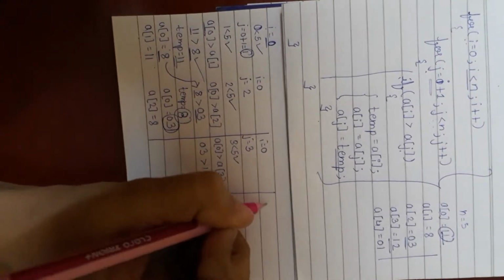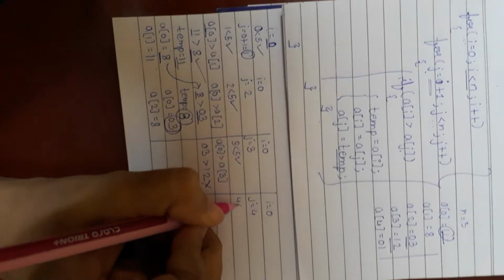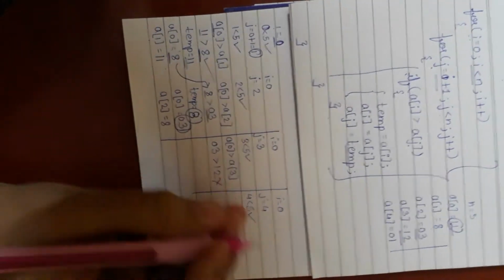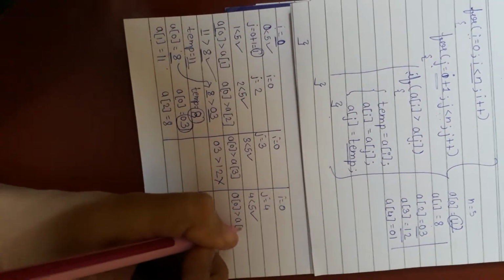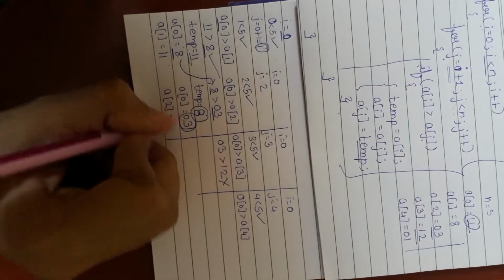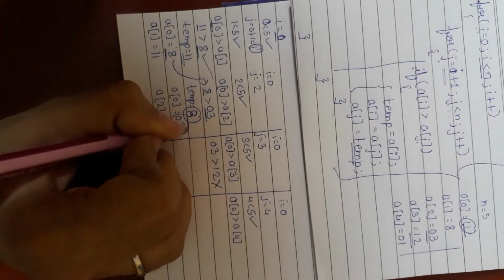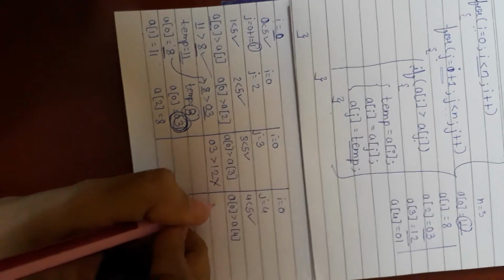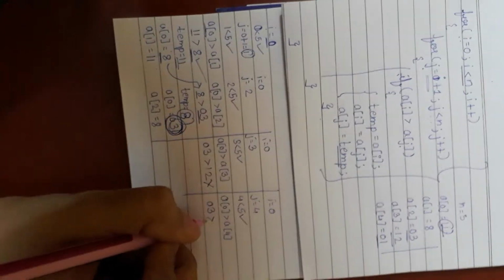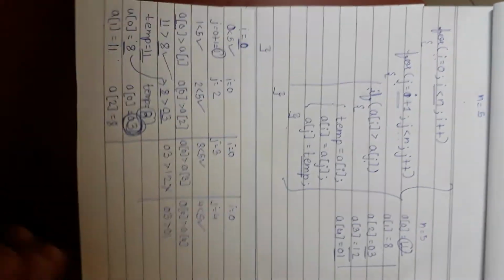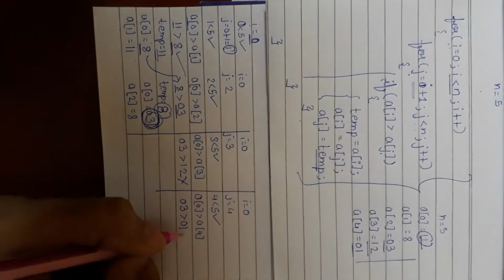So in the next iteration, i will remain 0 only, j will be 4. So again 4 less than 5, yes, the condition is true. So a of 0 is compared with a of 4. In this iteration a of 0 is not changed. So we will take the value of a of 0 in the second iteration, that is we will consider 03 as a of 0, and the a of 4 value is 01. Now this particular comparison takes place, because of which this condition is true.